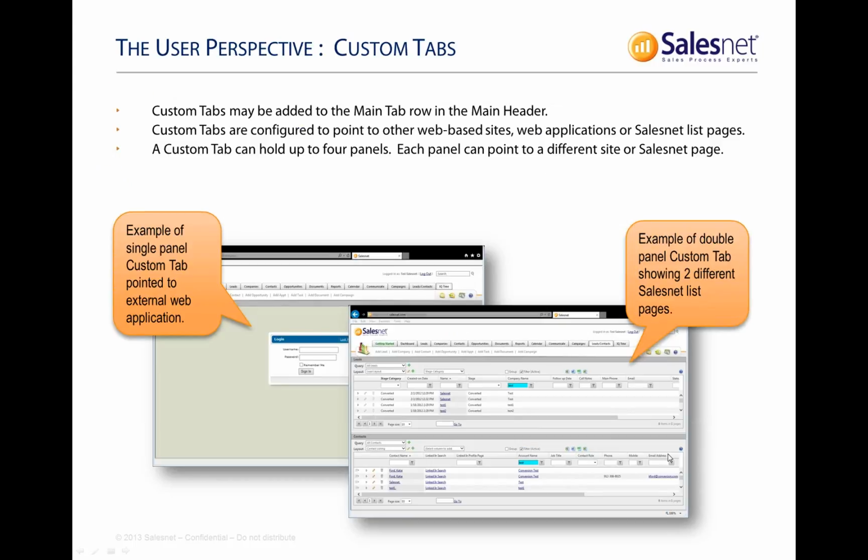Then we're going to go right into custom tabs. Custom tabs, that's the next two menu items under appearance and application customization, and that is the ability to put custom tabs out to the right of your main tab row here. So past campaigns, any tabs you see would be custom tabs that have been added for your company. A custom tab can point to two different kinds of pages. One, we can build panels